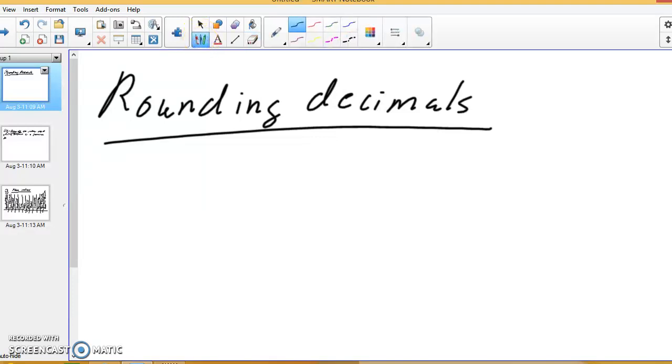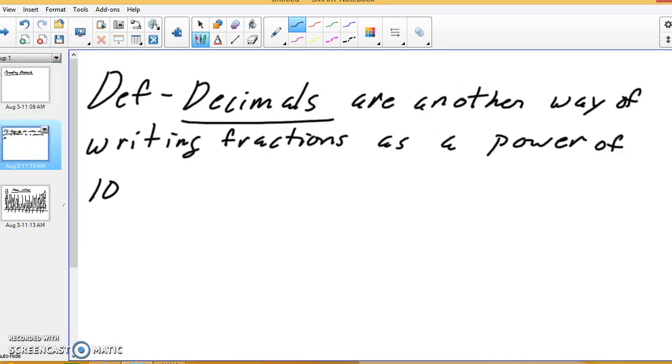In this lesson, we're going to learn about what decimals are and how to round decimals. So what is a decimal? Well, a decimal is another way of writing a fraction as a power of 10. So what do I mean by that? Well,